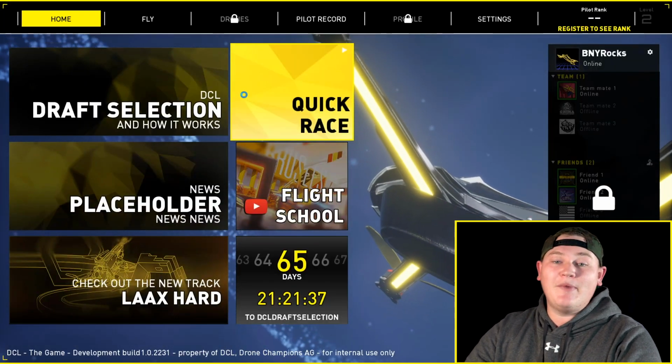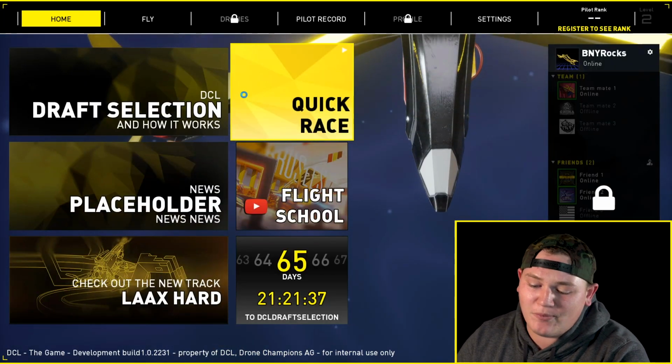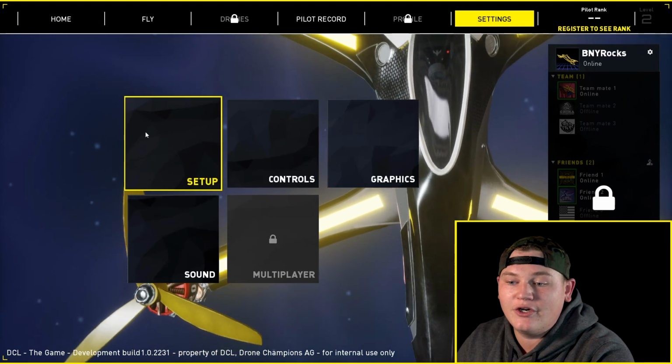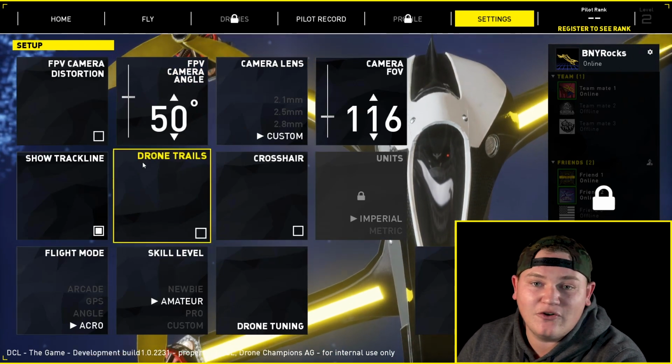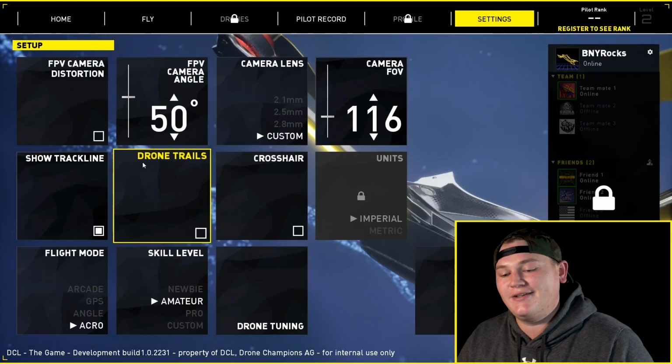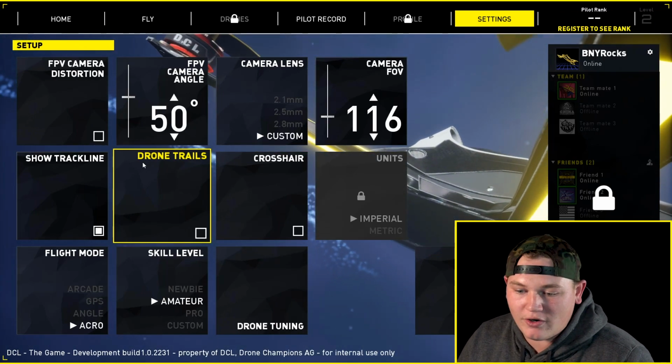So first off, we're in the main menu, and our first step is going to be in the top right hand corner where it says Settings. We're going to go ahead and select that. We're going to go into Setup, and in the bottom left hand corner you're going to see the flight modes. This is what I'm going to be teaching you about today, and today we're going to specifically work on angle